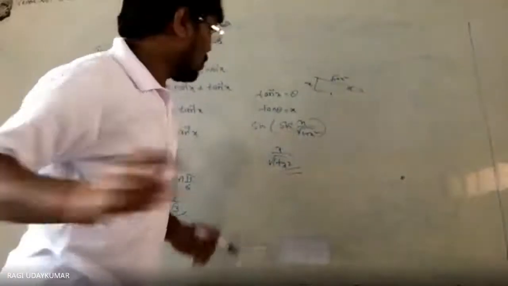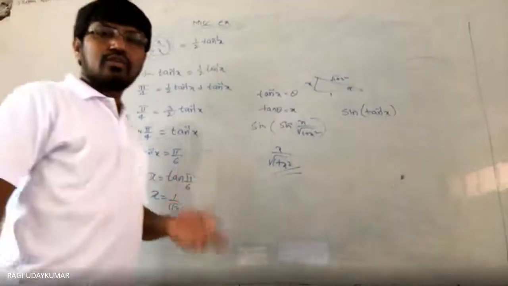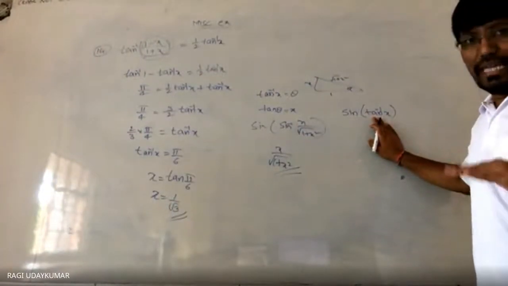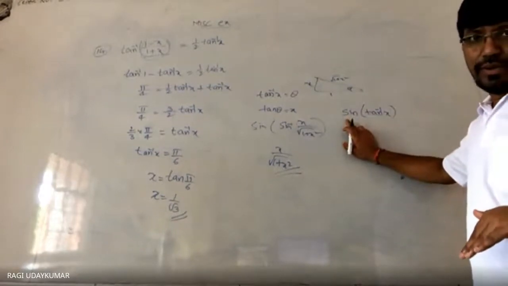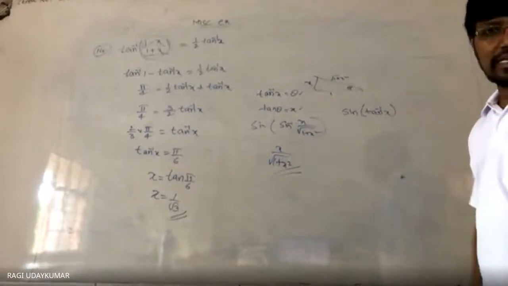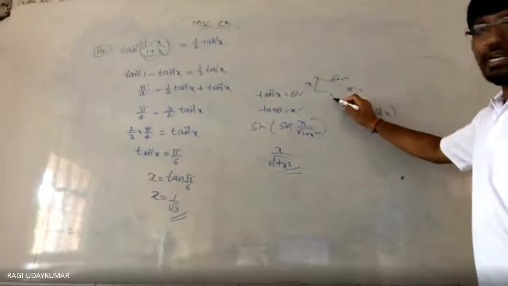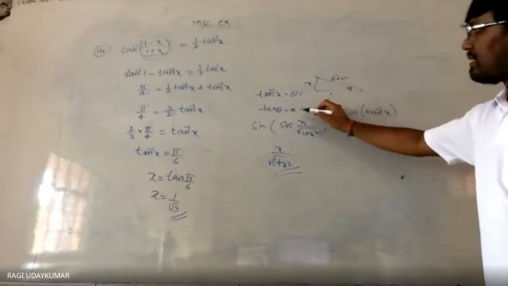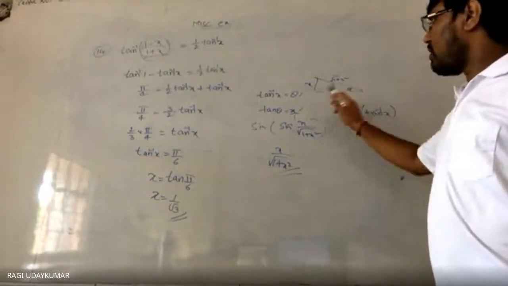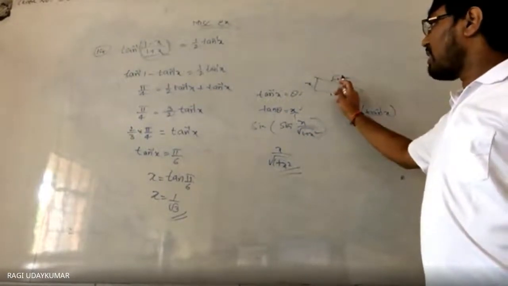Alright, the question is given to you. Okay, I will not erase it. Now, tan inverse of x, this we have to completely simplify. This tan inverse should be written in the form of the sine inverse, because we are having sine here. So to write tan inverse in terms of sin, take this tan inverse x as theta. So tan theta is equal to x. Tan theta means opposite by adjacent. This is x, x by 1. And this is under root of 1 plus x square. Then what will sin theta be? Sin theta is nothing but x by under root of 1 plus x square.